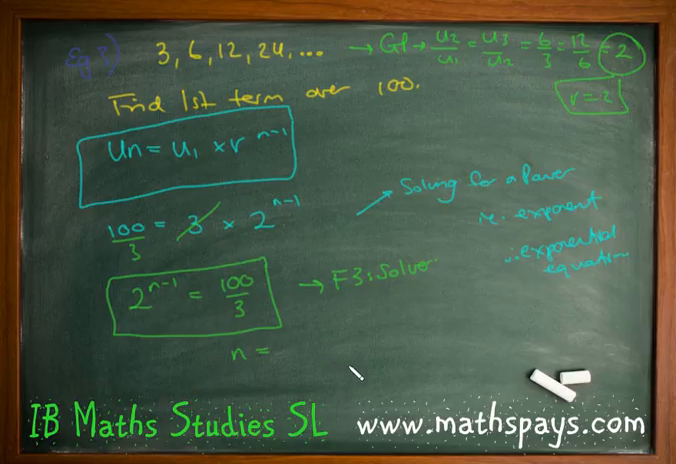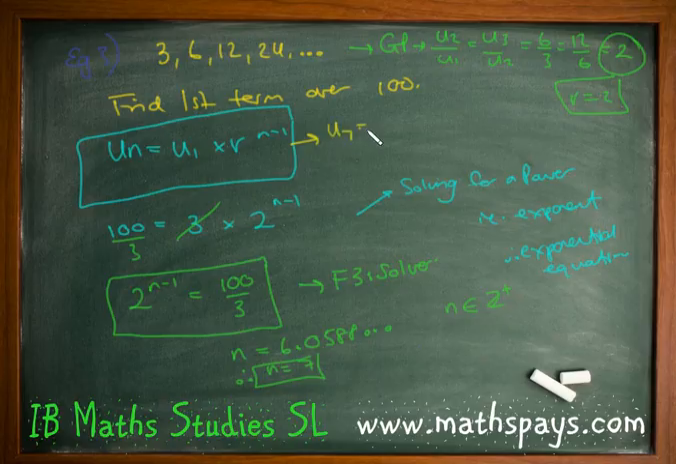We get, what is it, 6.0588 and so on. Now, of course, n must be an element of the positive integers. Therefore, n must equal 7. Now, it says find the first term over 100. So what I'm now going to do is go find the 7th term. So we're going to go back into our rule that we were doing up here, and I'm going to say that U7 is equal to U1 times the ratio of 2 to the power of 7 take away 1,